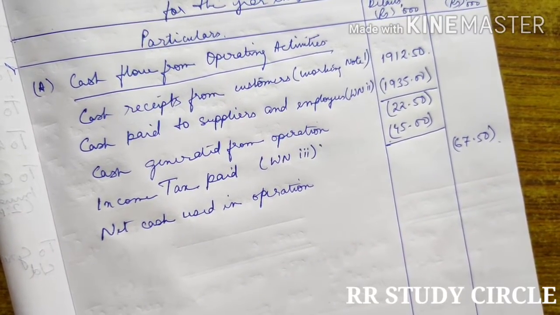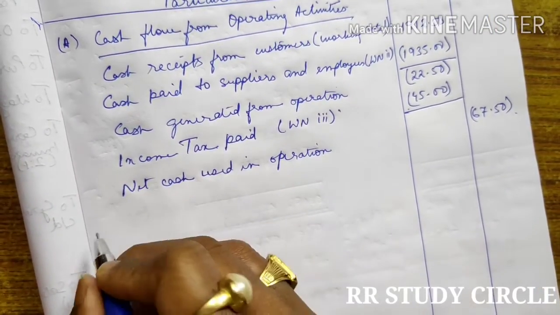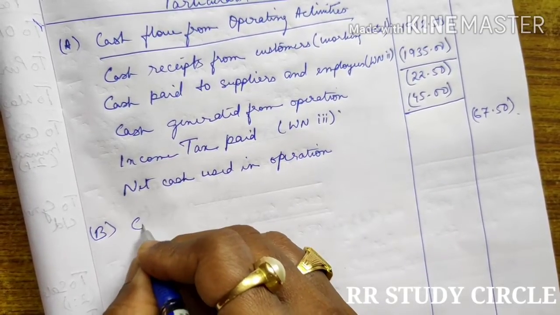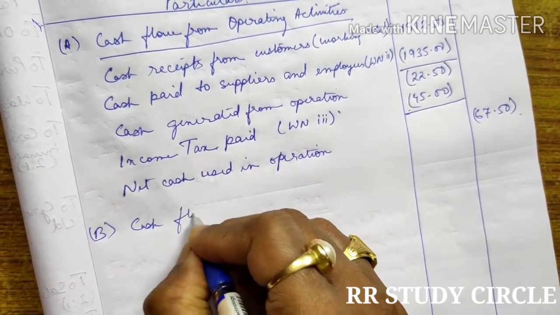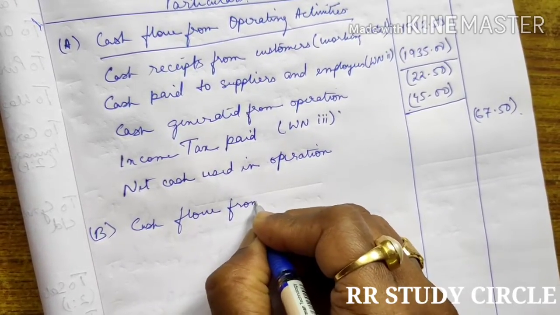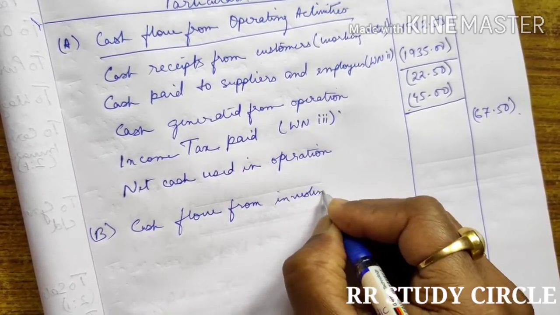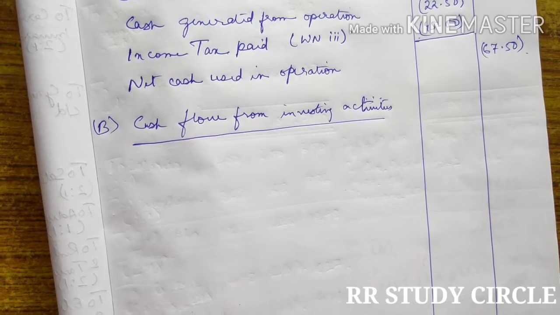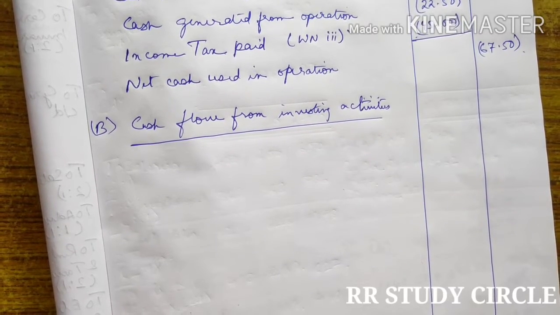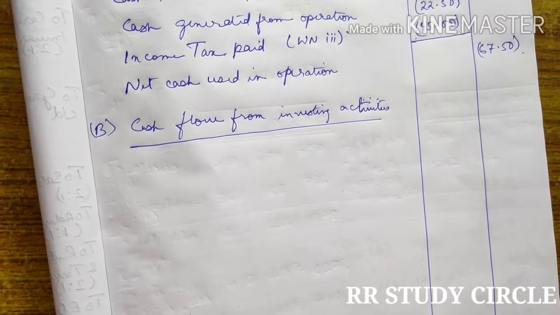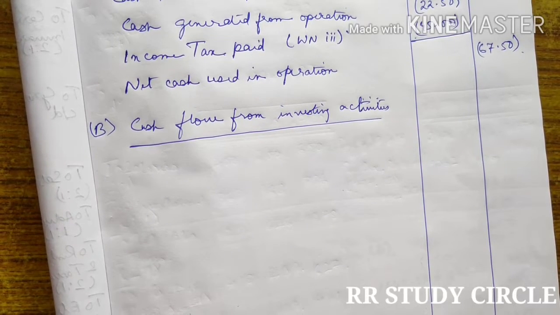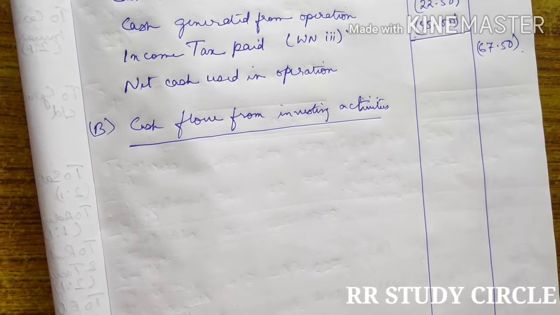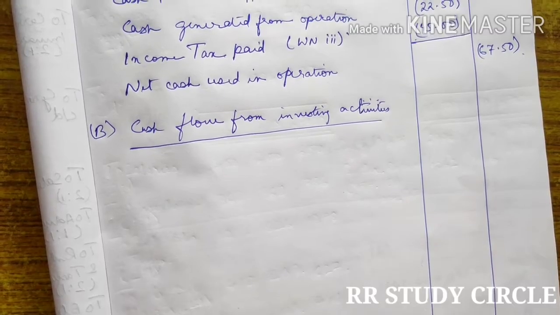Now let us go to the other part, that is number B, cash flow from investing activities. Now, what does cash flow from investing activities mean? If there is any purchase of any fixed assets, or if there is investment made in any asset, or any purchase of any investments also, that will come under the heading cash flow